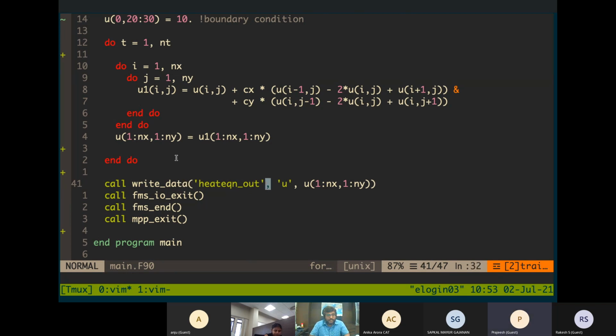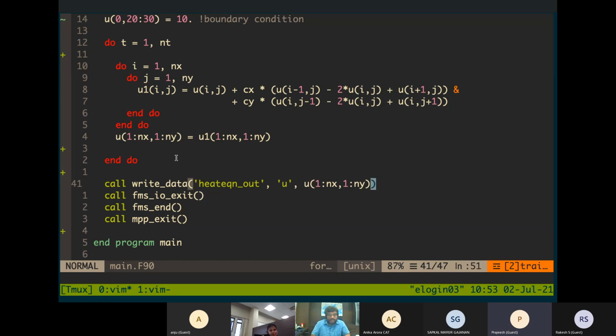The first argument is a netcdf file name, and the file name I'm giving as heat equation _out. Second argument is a field name or variable name. So the field name I'm giving as u here, and the data which you want to write. Okay, so the data I want to write is u here.